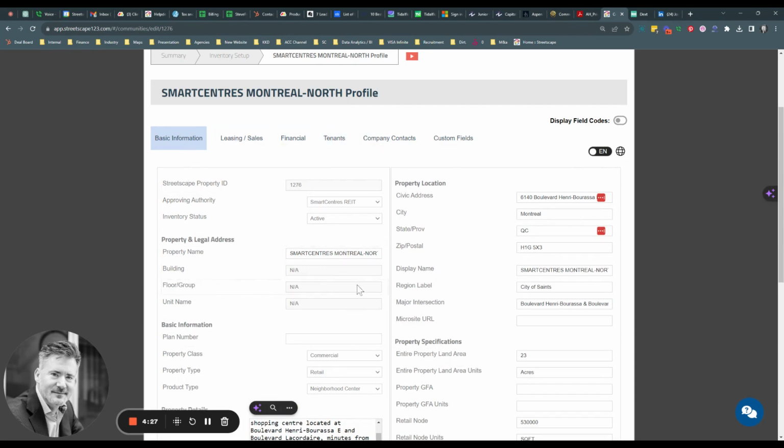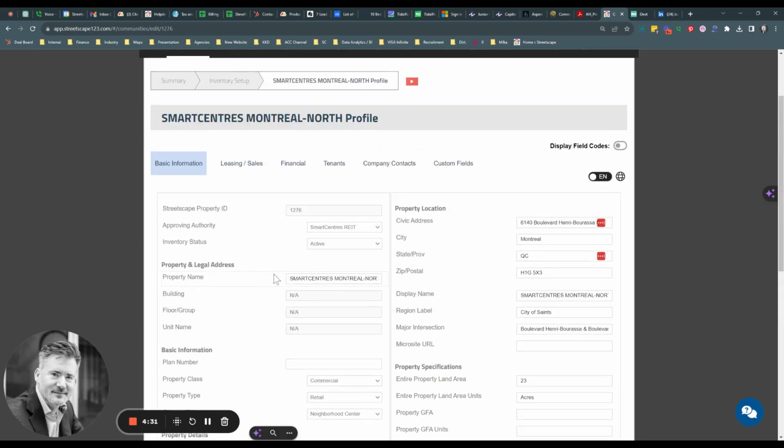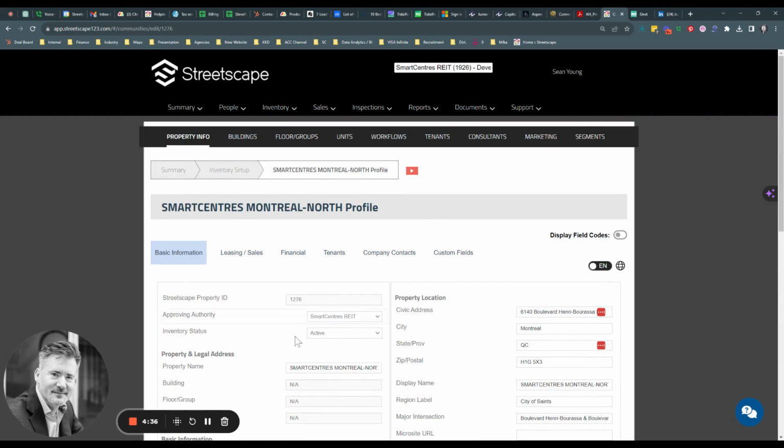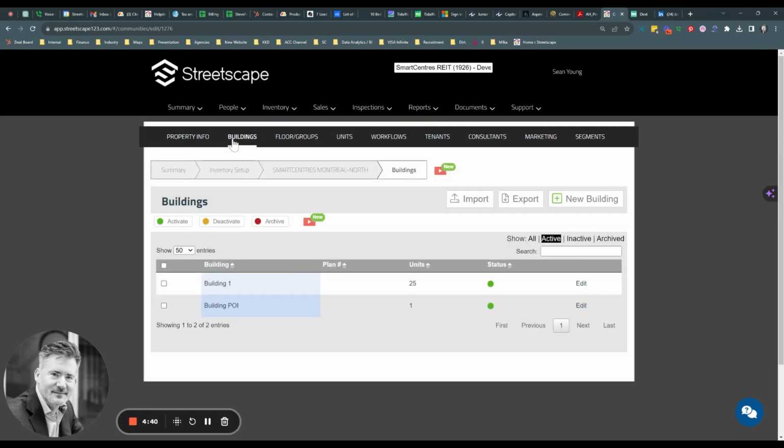We certainly are willing to do the translation if that comes up, and we can talk about that. But for the requirements of this particular exercise, this is the property record where you'll see this toggle exists. If you drill down even further into the next level, as you may recall, all records within Streetscape are a three-tiered nested record system, in which the property is first. Nested within any property are one or more buildings, and nested within one or more buildings are one or more